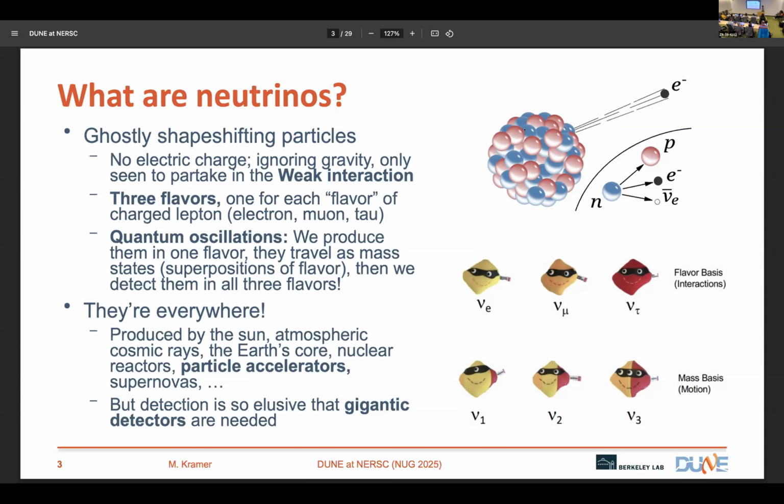This weakness or this ghostliness comes from their lack of electric charge. Without gravity, all they do is participate in the weak interaction, which is weak, like you might infer. So one example of a reaction that produces a neutrino is nuclear beta decay. In that reaction, a neutron decays into a proton and also kicks out an electron. And accompanying that electron is an antineutrino, an electron antineutrino. And that balances out something called electron number. And neutrinos help with that balance. So you see that the electron has a corresponding electron neutrino.